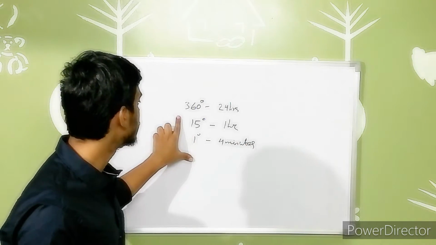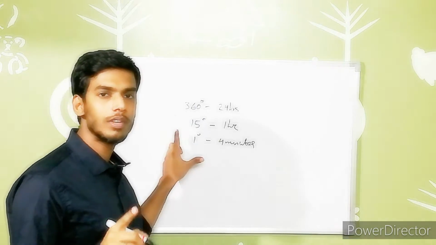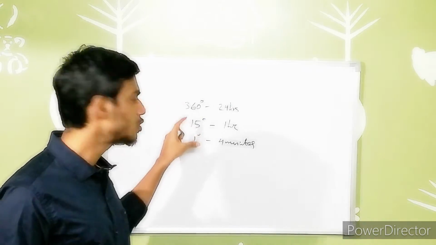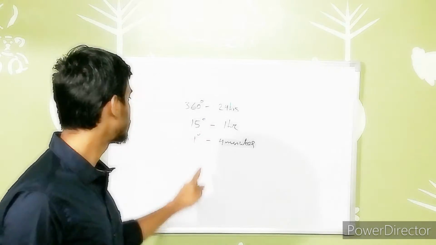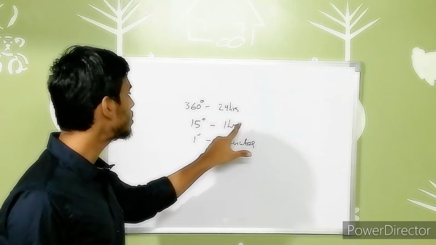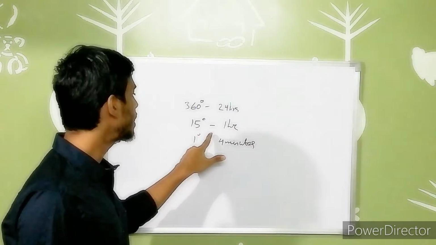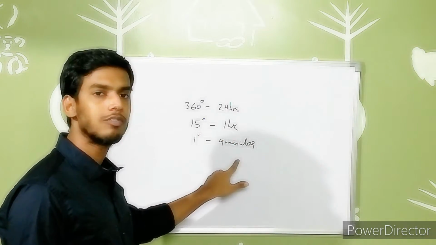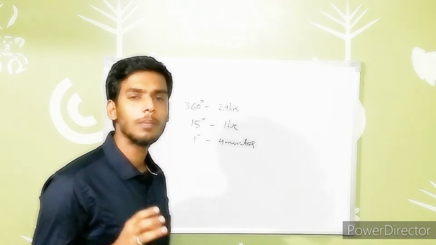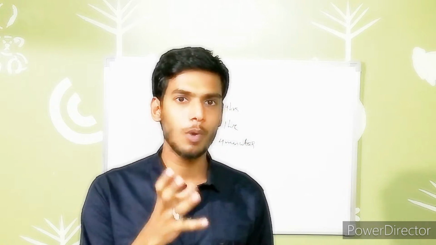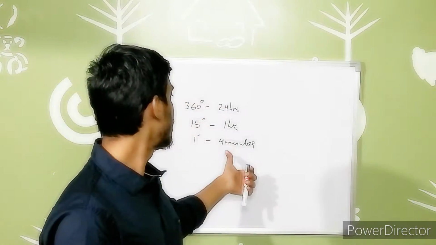So these are the things you have to note, guys, while doing these problems, because we use only these things to solve them. I repeat, 360 degrees means 24 hours, 15 degrees means 1 hour, and 1 degree means 4 minutes. This is a very important session. This is our first problem-solving session in my entire social studies classes up to now, right? So we have to remember this main idea to solve these problems.